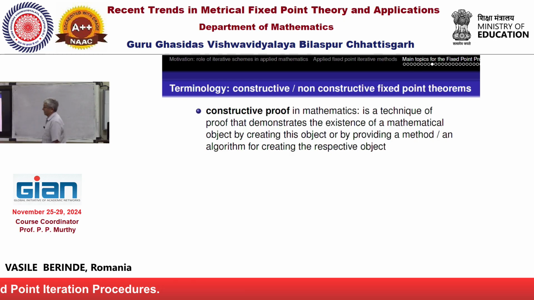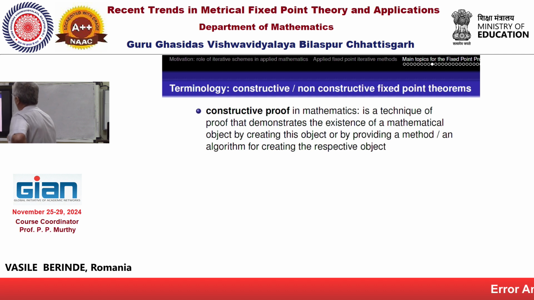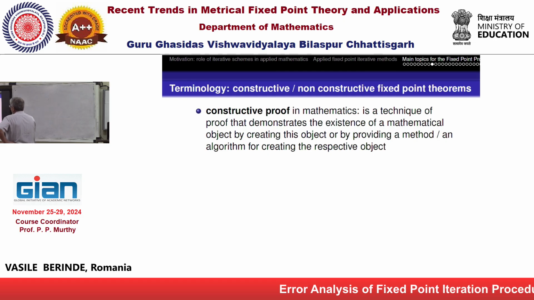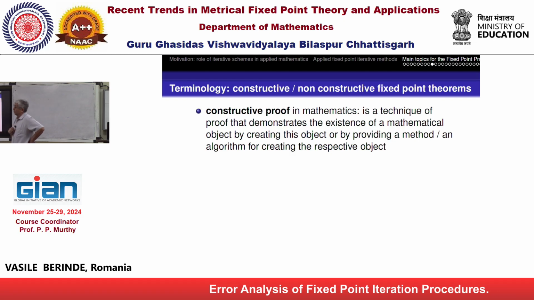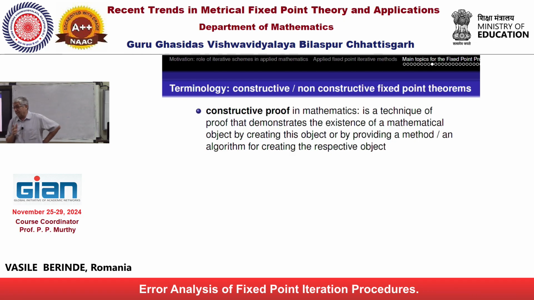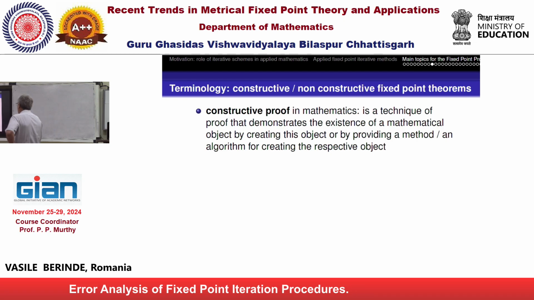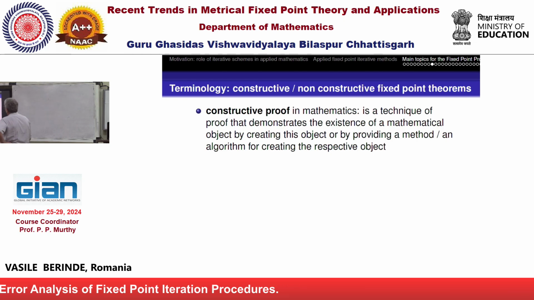So in mathematics, a constructive proof means that this technique of proof demonstrates the existence of a mathematical object by creating this object, or by providing a method, an algorithm for creating the respective object. In our case, this sequence of successive approximation